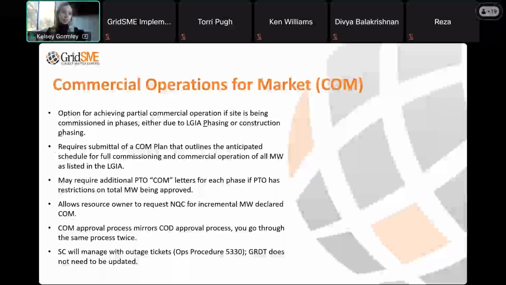Essentially, you want to do it when your resource is at like 100% capacity, so you can show real generation-based values during that testing period. That testing certifies the resource for ancillary services at the levels that you test at. Those values get populated in your generator resource data template after you've completed that testing.